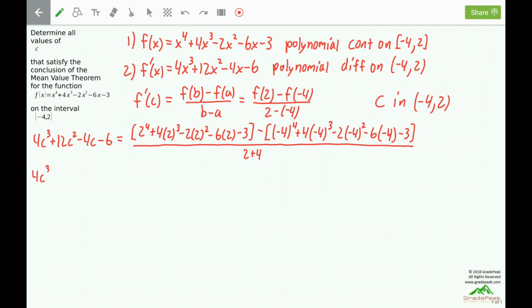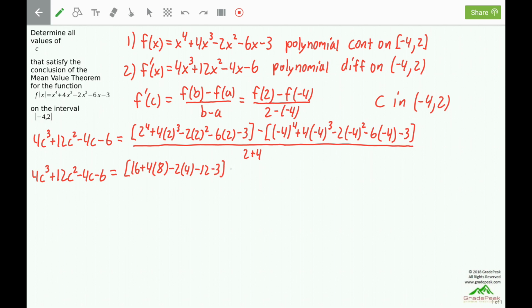So 4c cubed plus 12c squared minus 4c minus 6 equals, 2 to the 4th is a 16, plus 4 times 2 cubed is an 8, minus 2 times 2 squared is a 4, minus 6 times 2 is a minus 12,